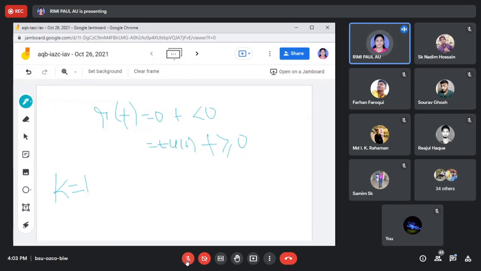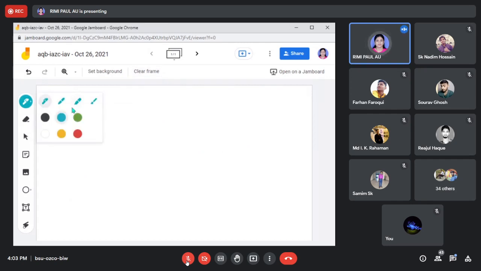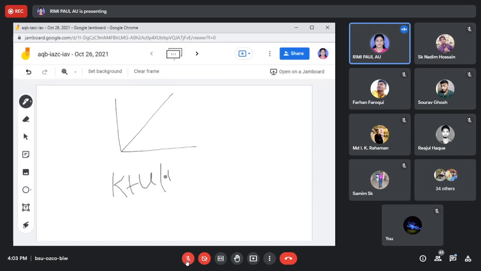But here there are some changes, because what are the changes? That is the important thing. The first thing, I am taking this one. To represent this, I have written here k t u(t), the ramp function, to represent t greater than or equal to 0. If the k value is 1, then I can say it's a unit ramp function.